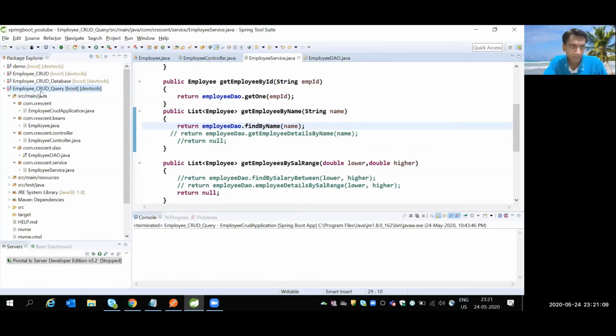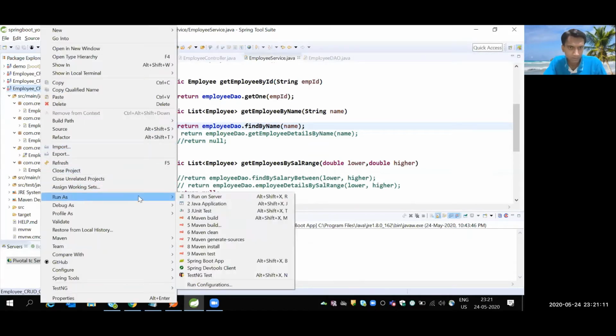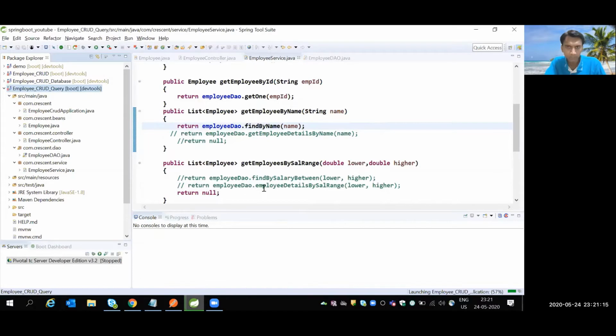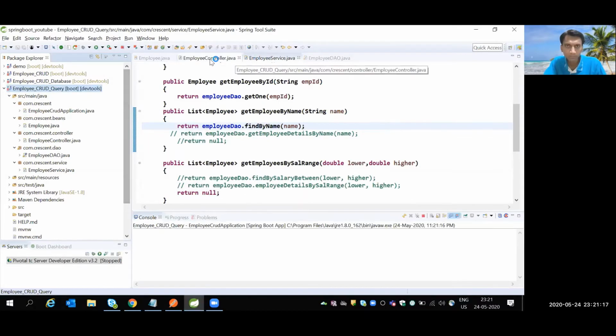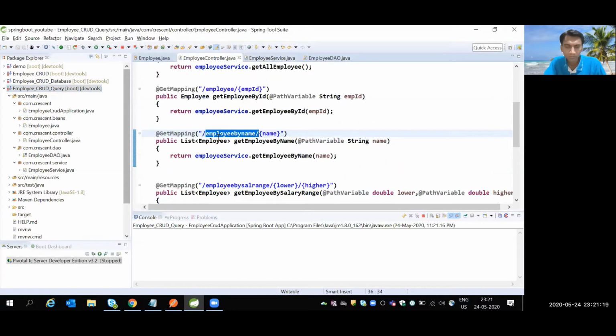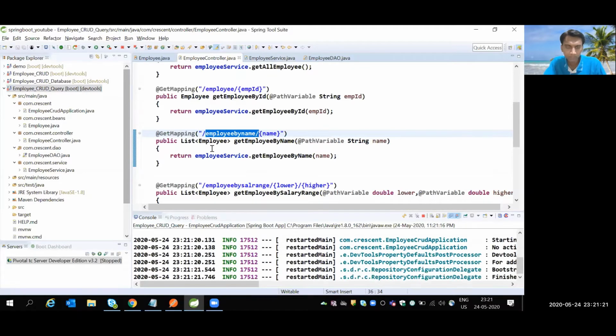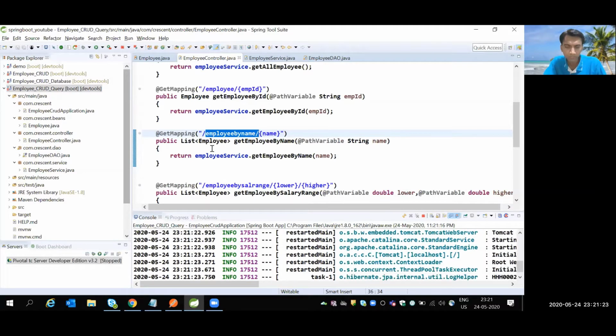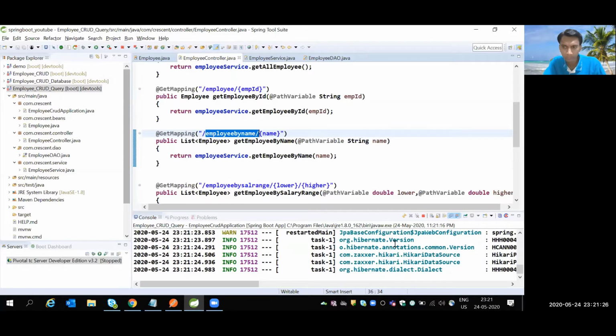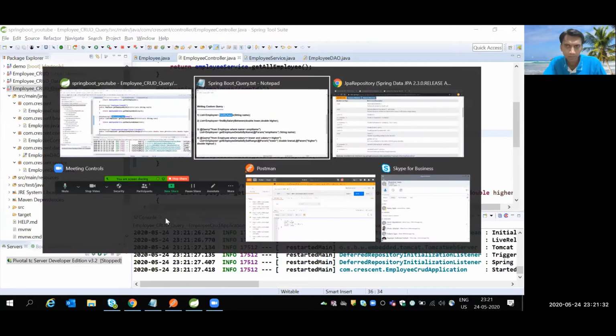Let's execute this. The server has started successfully.